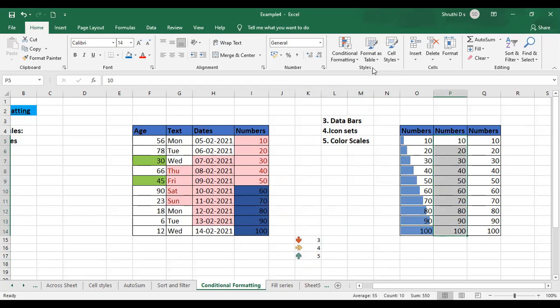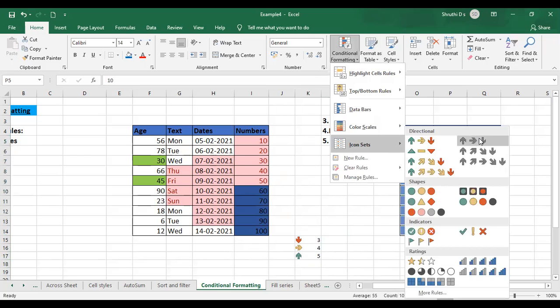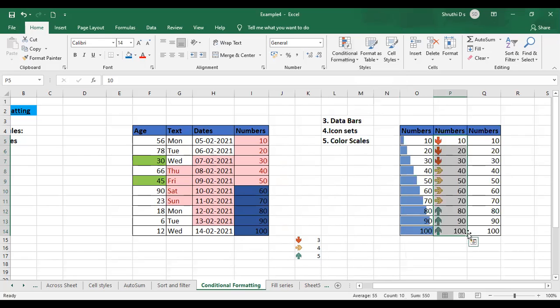We'll just try to apply that same thing to this column. Select it. How did I do it? Just select the column, go to conditional formatting, go to icon sets, and choose whichever shapes you would like. Without colors also you can do it, that means with gray color, or with this mountain or something. You can go with any of the shapes, or even the flags, or even the indicators like this. Anything that applies to your data. The valid ones, you can just choose. I'll just go with the directional mark.